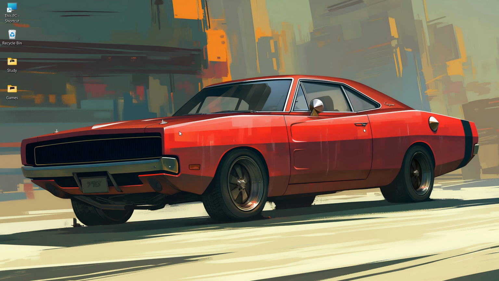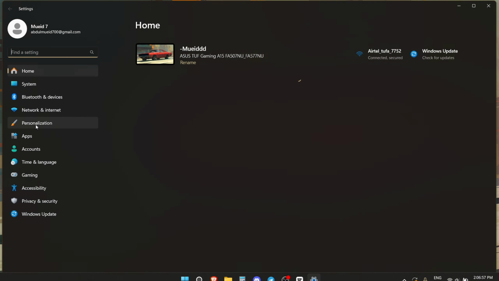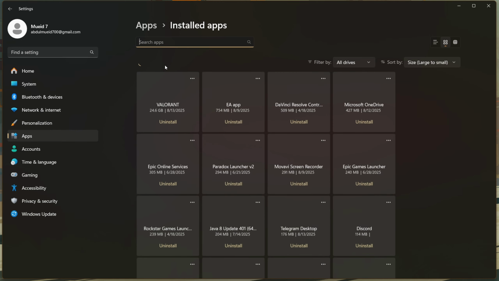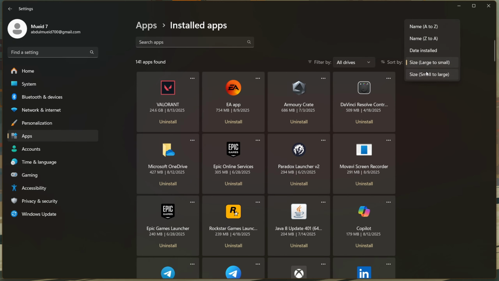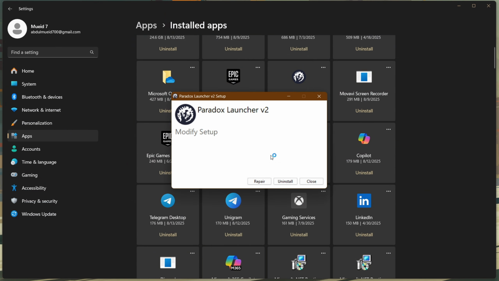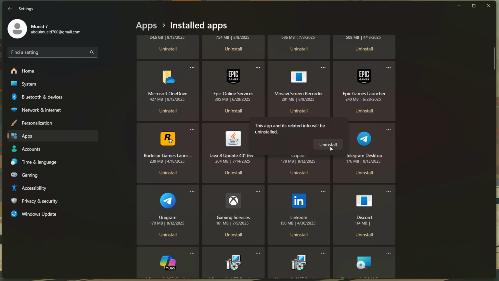And then step number 3 is that you need to again go on the settings and go on apps and installed apps, and here you need to sort by large to small, and here delete everything you don't use, and it can take a lot of space. Like this I don't use, and it will take a lot of space and make your computer slow, so you need to uninstall them,